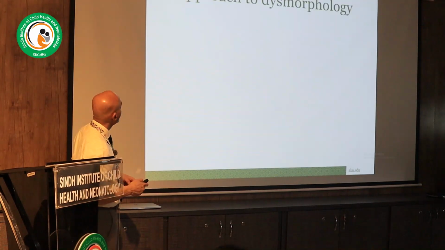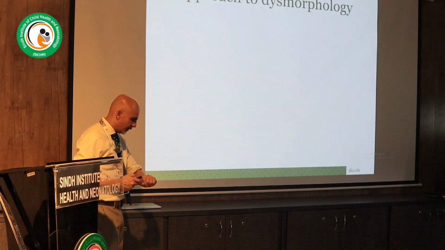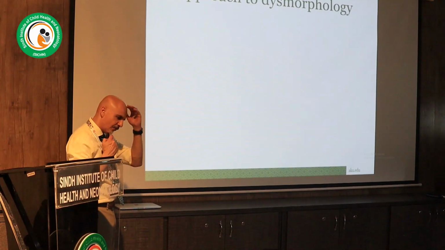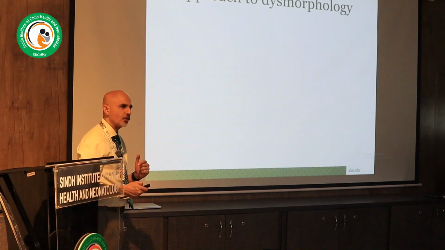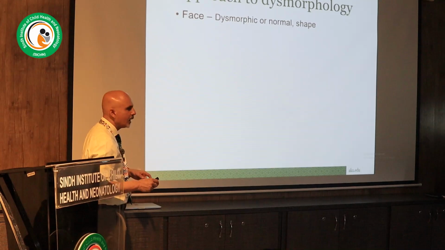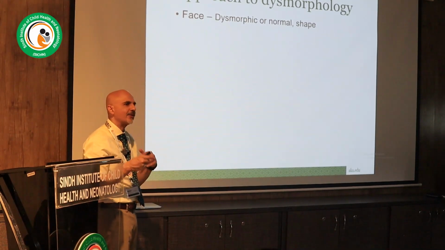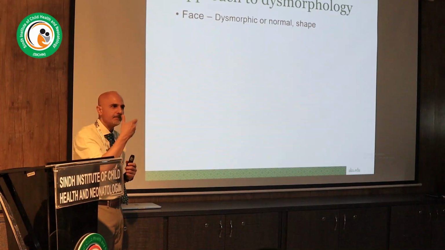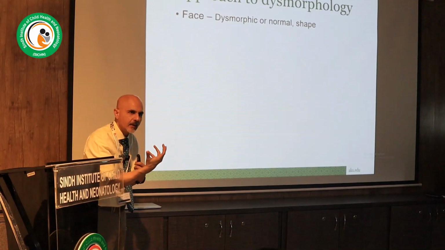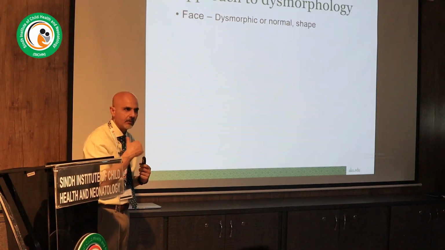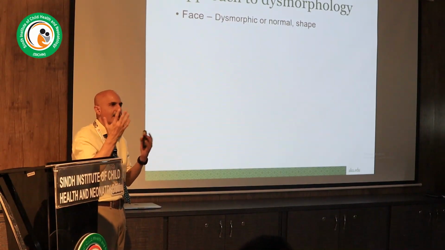Alright, so now is going to be the fun part. We're going to talk a little bit about approach, and I said, at least on the face, let's have an organized approach. So the first thing to do is get an overall feeling of what you are seeing. This is called the gestalt. Get a picture. Is the face looking dysmorphic or not? Is there something that immediately strikes you? You know, rounder face, longer face, that kind.